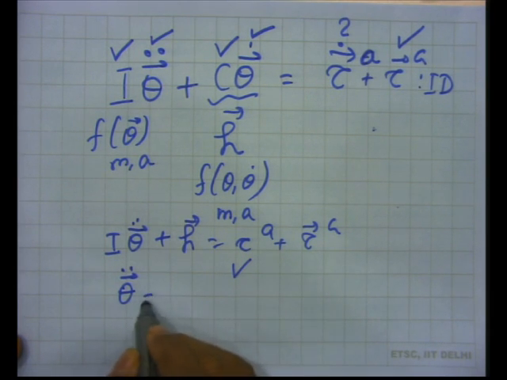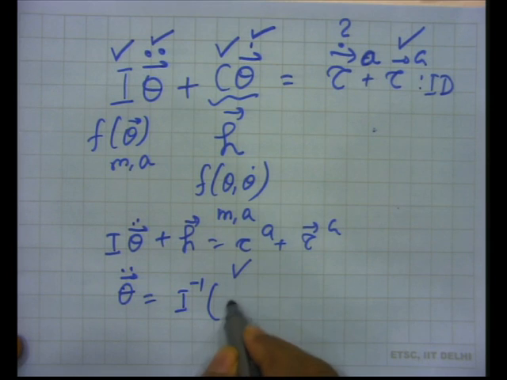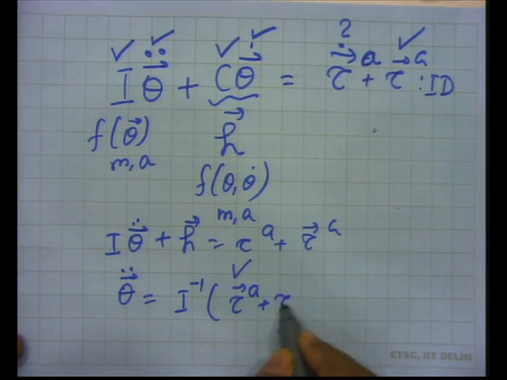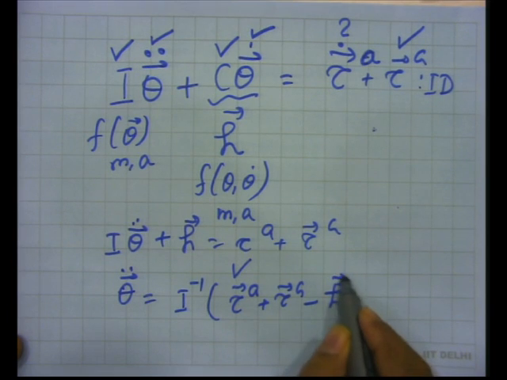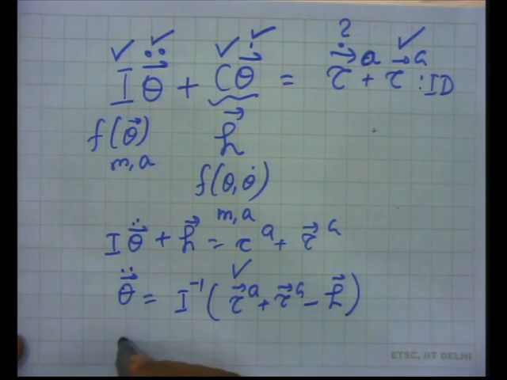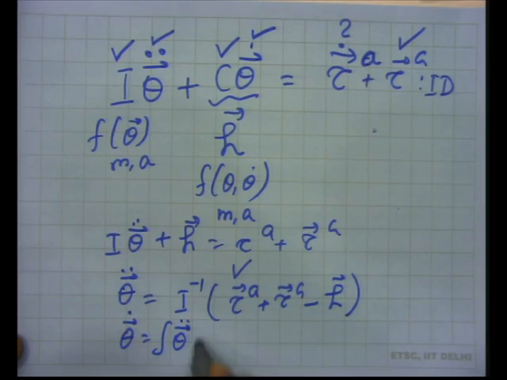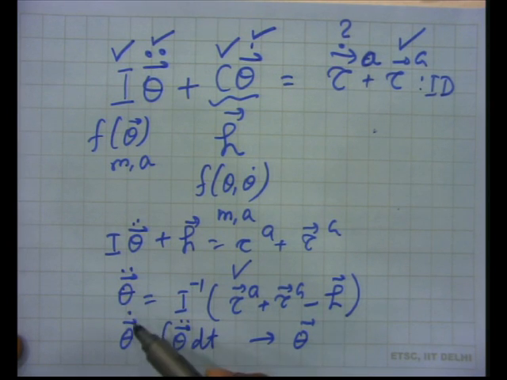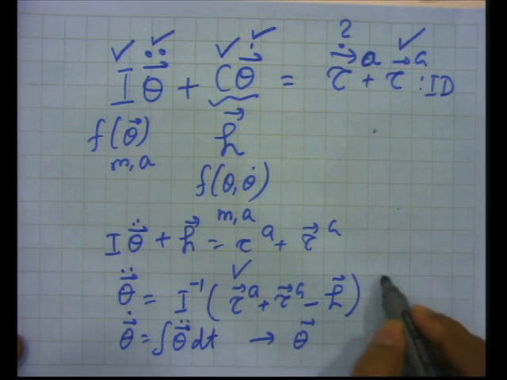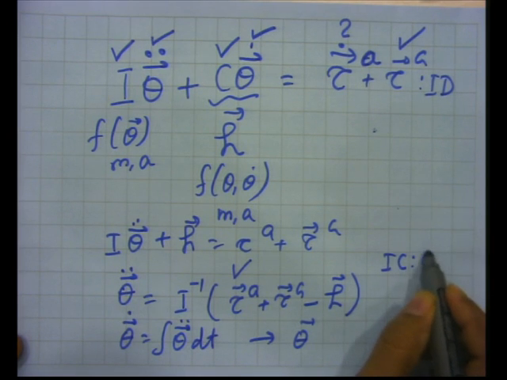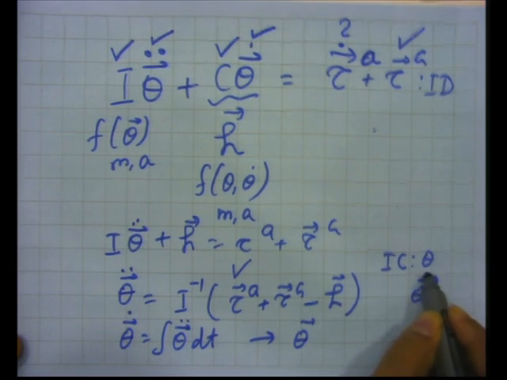So, the problem will be formulated as follows. It will be I inverse times tau A plus tau G minus H, and then we will integrate, and further integrate, and we will get it. Now, it is a solution of differential equations. So, what we need for that is the initial conditions. So, given the initial conditions theta and theta dot at